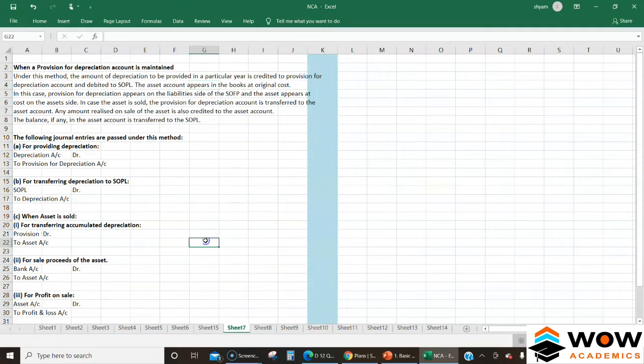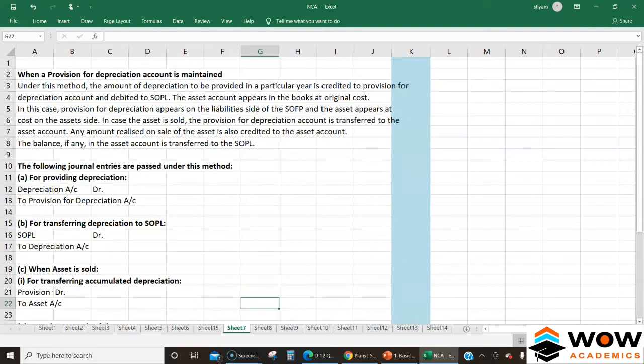So the next sum is going to be a little bit additional. We have some concepts here. So it works like this. This method is when a provision for depreciation account is maintained. Under this method, the amount of depreciation to be provided in a particular year is credited to provision